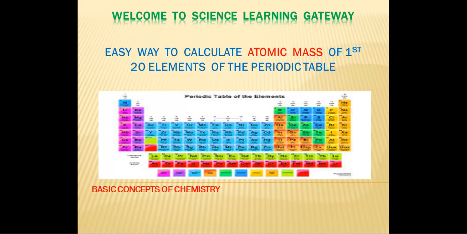For most of the students, chemistry is a little tough, but I will try my best to help you score good marks in chemistry. We'll learn the concepts of chemistry in very easy ways, with tricks and fun, and we'll learn all the elements, their atomic numbers, atomic masses. Those concepts we'll learn in this tutorial.